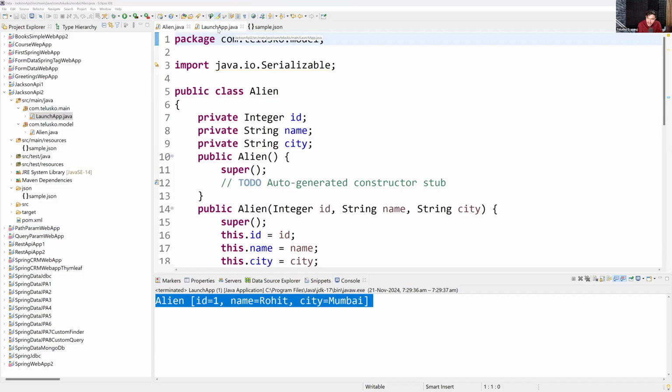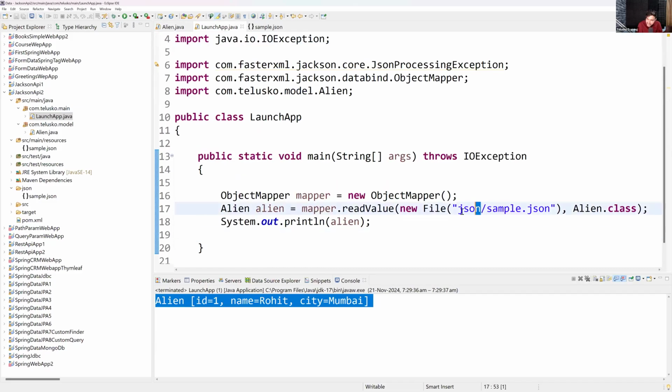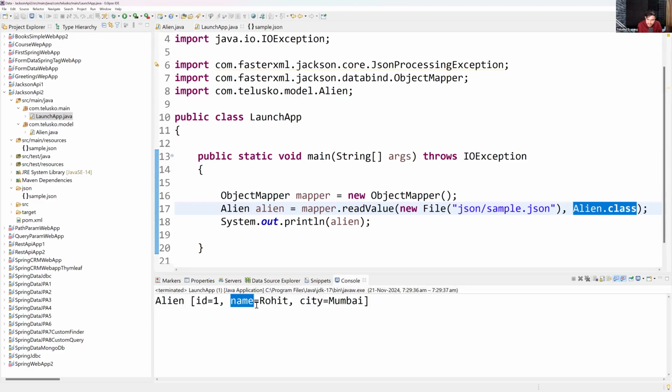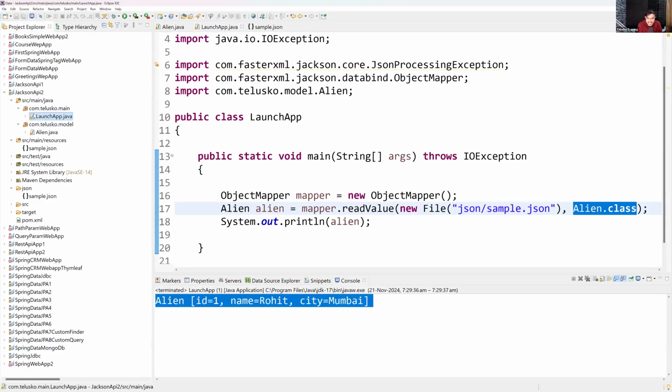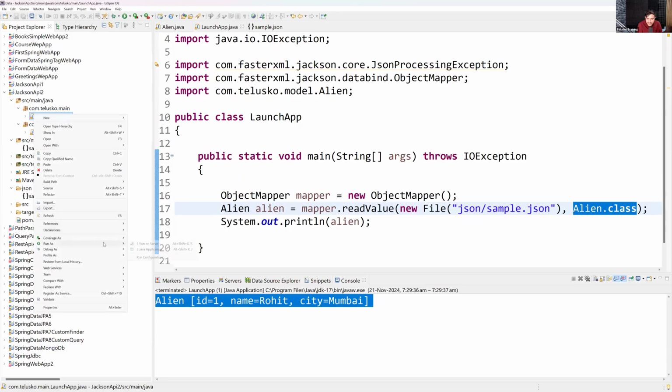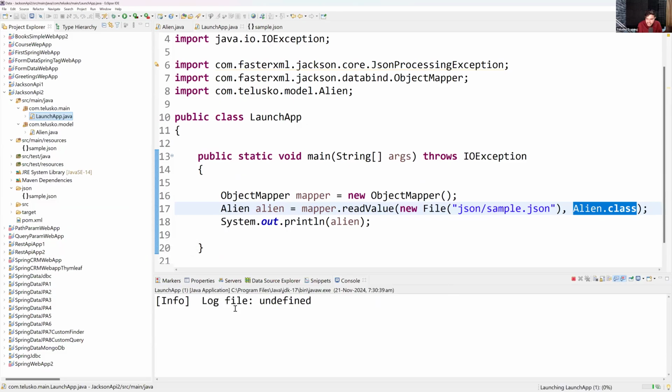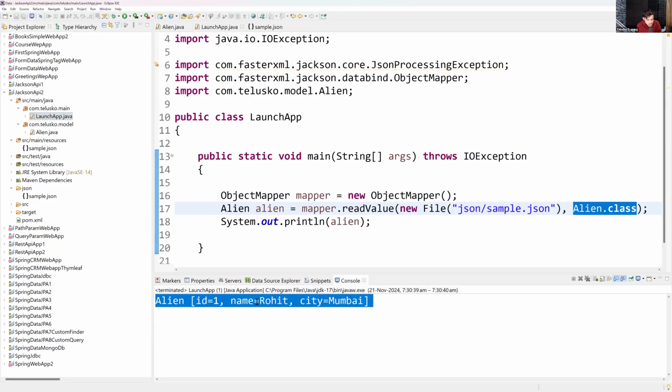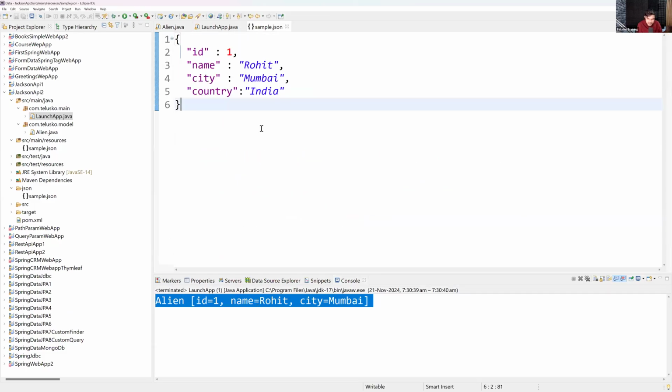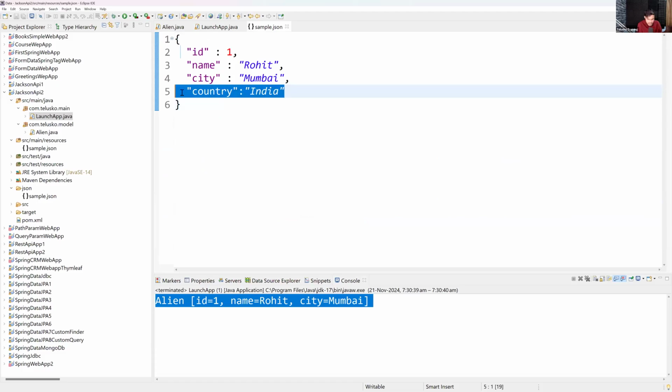Now I have asked that please read this data from this folder and convert it, or bind it, to the Alien class. There was no problem when the fields were matching. Right now I'll go here and run this application as a Java application. See, is it creating any issues, guys? How many things we have inside this? I would like to go back here. Maybe it is reading from a different file, to avoid that,